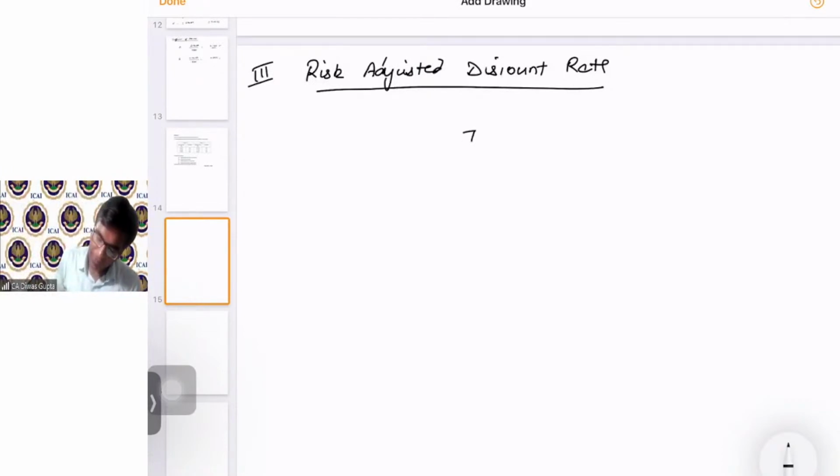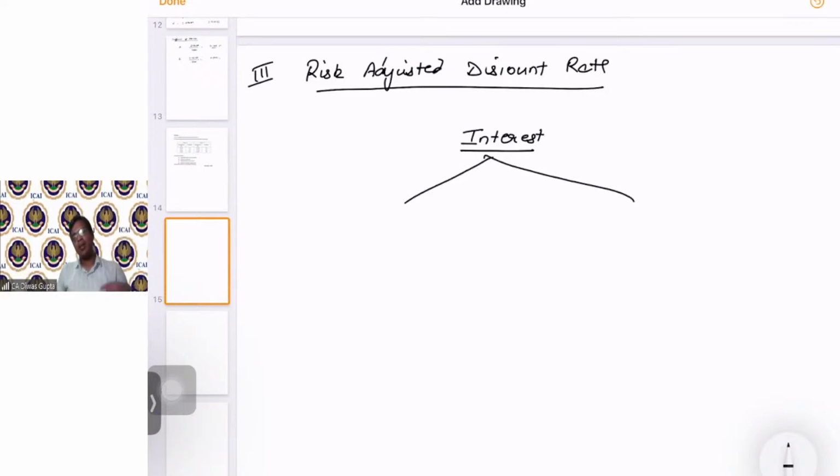Now, let me first try to ask you what is interest, or rather, why is interest paid? Can all of you please try to answer? What are the different reasons due to which interest is appearing in our world? I mean, in our economic or financial world, why does interest appear? What are the primary reasons for this? Maybe all of you can give it a try.